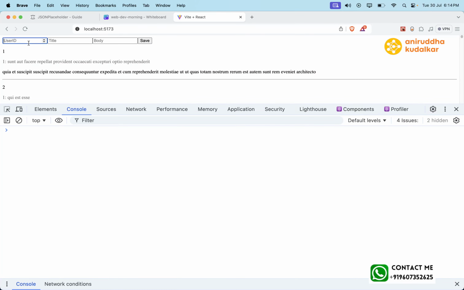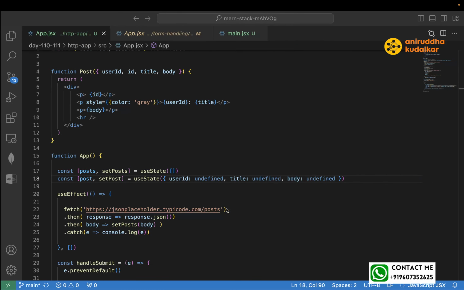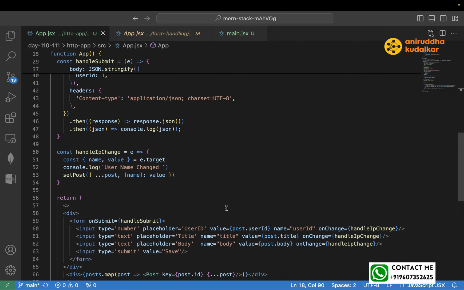That is actually a good idea. 12, a component is changing an uncontrolled input to be controlled. If you remember, we have talked about controlled and uncontrolled. So post.userId,